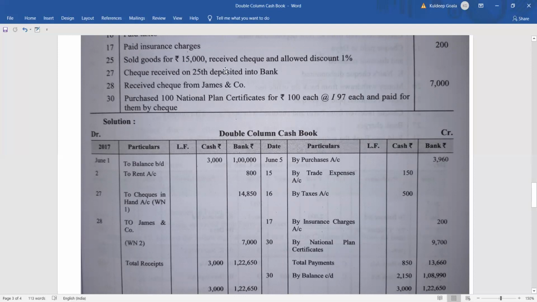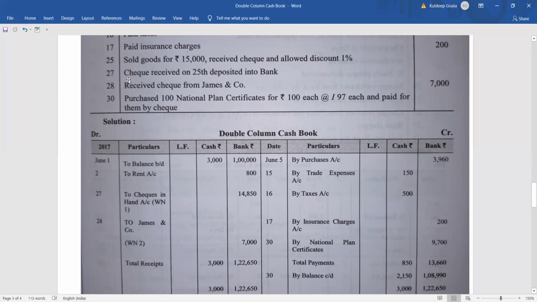Right. So we are receiving the money. So in the debit side, where are you receiving? We are receiving in a check. So whenever you receive a check, before writing it in bank, you just monitor whether the check has been deposited on some other date or on the same day. If nothing is being given, then it will be assumed that it is deposited on the same day. But you have to check that.